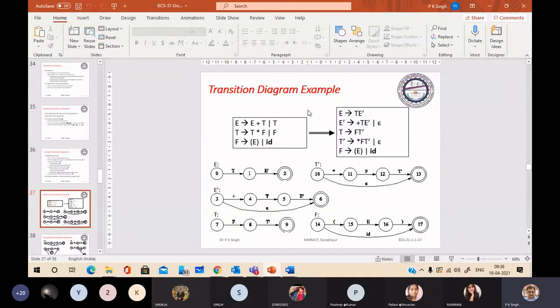You have an input string that is to be parsed, and you are just scanning through the input string. So we have an input pointer, and we look at the symbol pointed to by the input pointer, and on the basis of that we take the action. Okay, so how can we proceed with this?